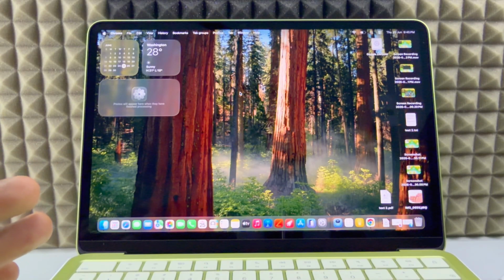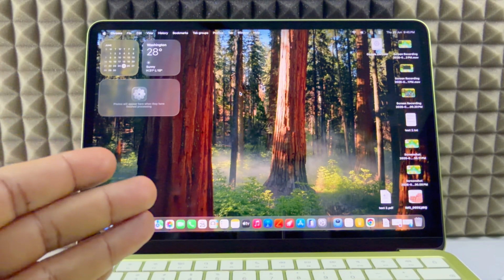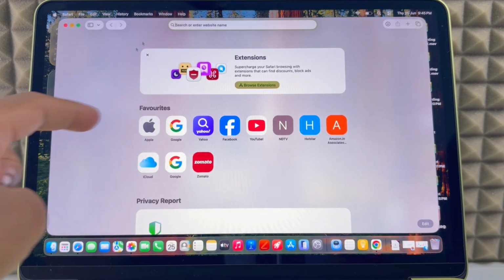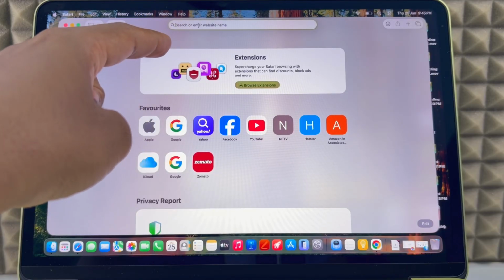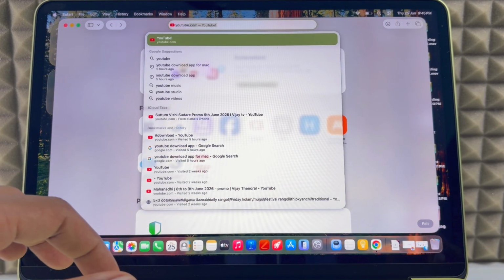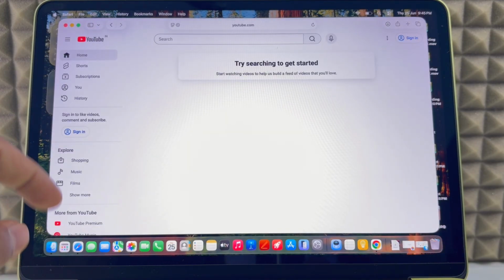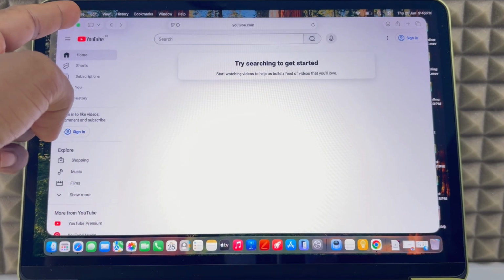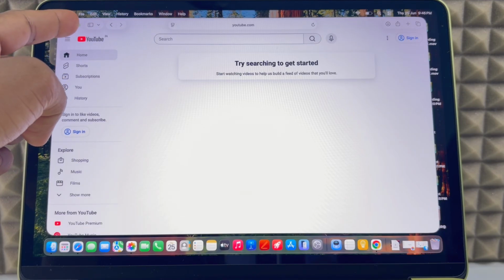Let's see how to install the YouTube app on your MacBook Neo. The thing is very simple. You just head to the Safari app first and click the search bar and type YouTube. Search, and once you see this page, you just click the File menu on the top near Safari,